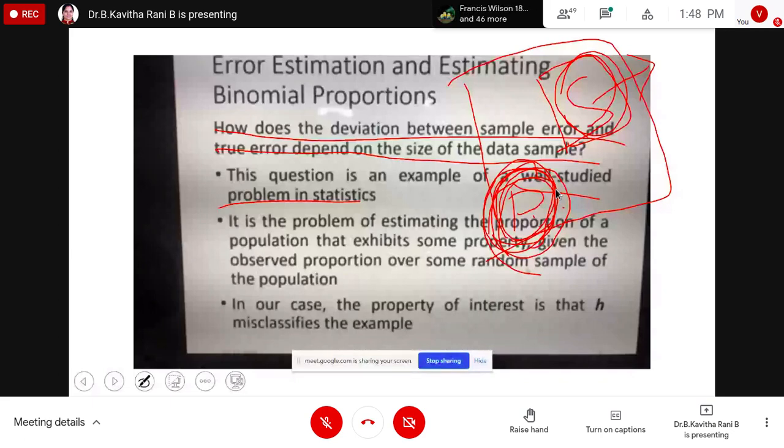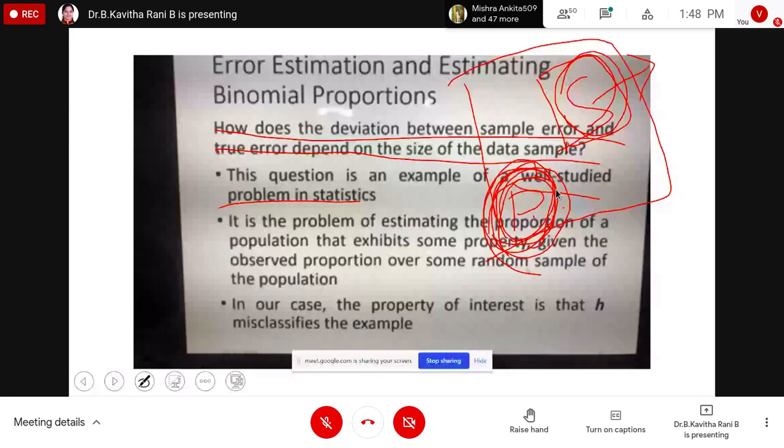Many machine learning models have to perform well with large data. We don't have small data, we will have large data. So when the model gives good results on the sample data, this should generalize to the large data also. Then we can say that the machine learning model which we have developed is highly generalizable.